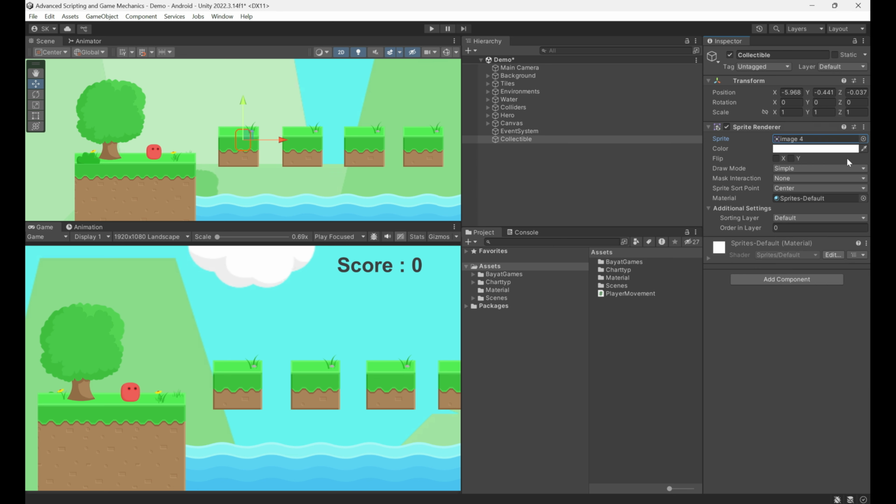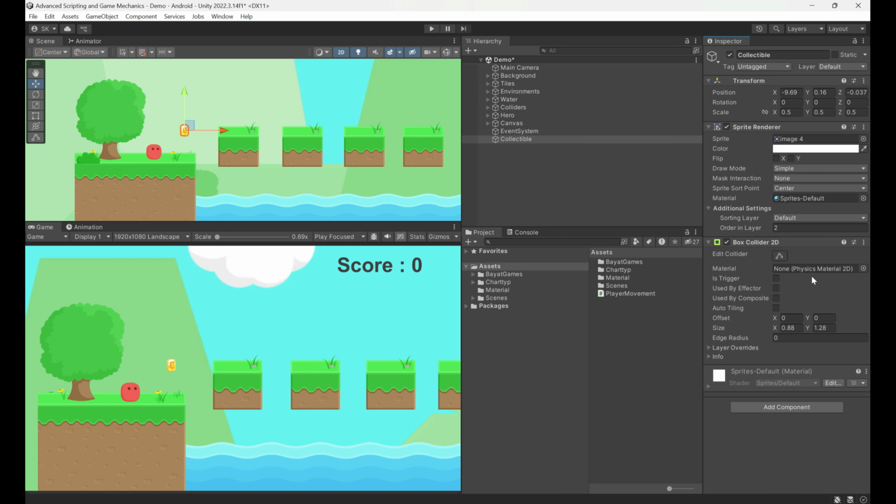Now, I'll select the image to assign to the sprite renderer. I'm selecting this coin image. Next, I'll change the order in the layer to make it visible. I'll also adjust the position and scale for this. Now I'll add a box collider 2D component to detect collisions and set it as a trigger so the player